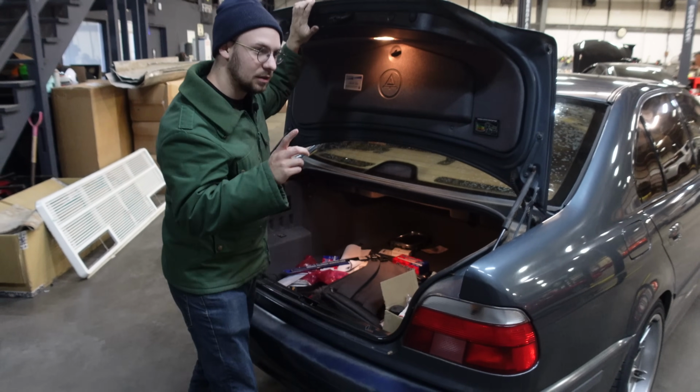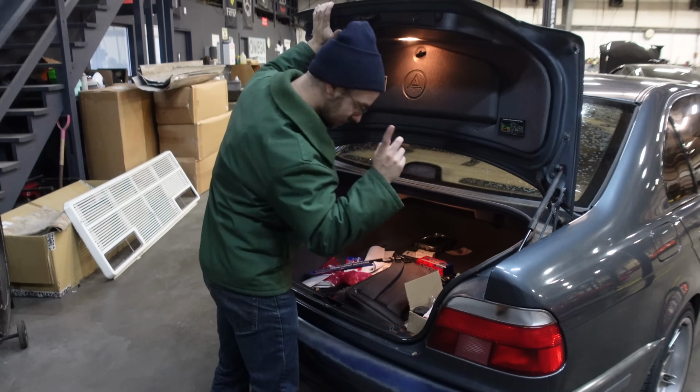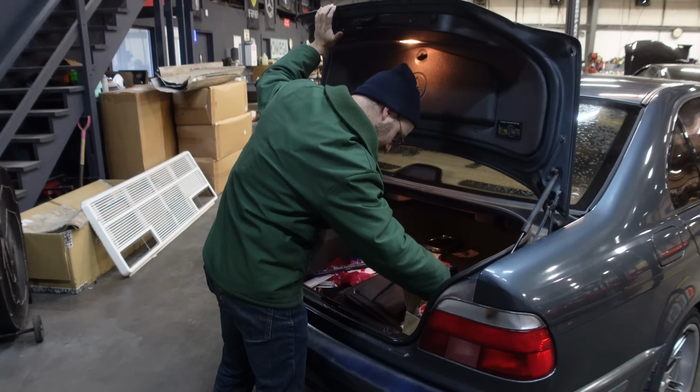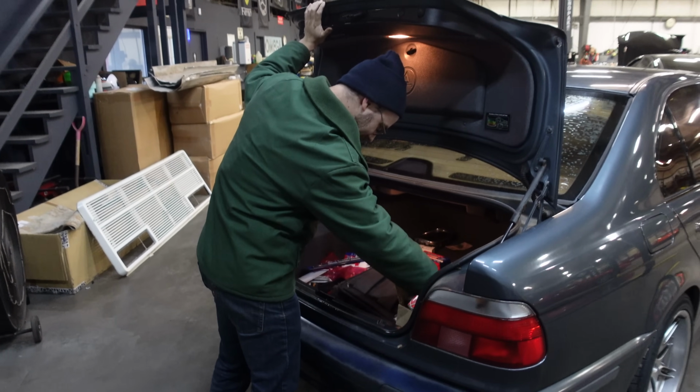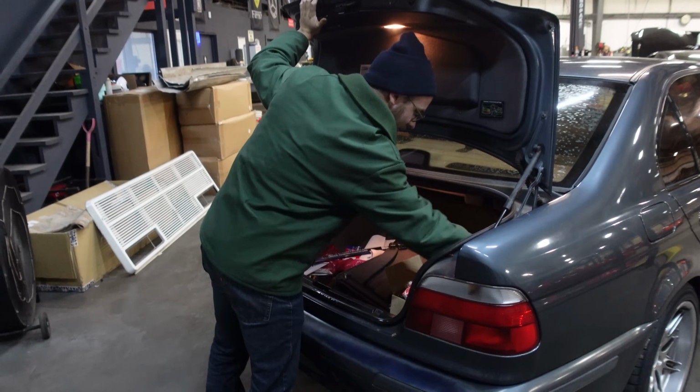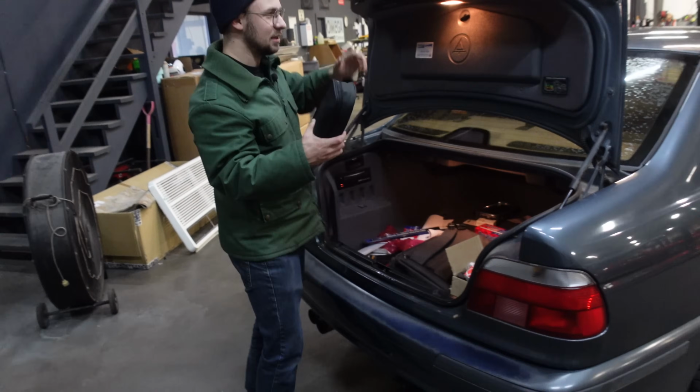That would be for the windshield sprayers and headlight sprayers, 2 different pumps. What do we have here? Level sensor, some headlight restoration spray. Oh, that clearly doesn't work. New gas cap for some reason. And also, something I've never seen in person before,